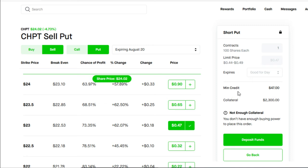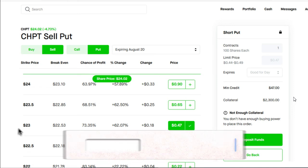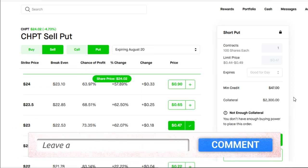So once again, with the cash secured put, it could go either of two ways. So if on August 20th, ChargePoint is trading at $23 or above, then you get to keep your $47 minimum credit, and you also get your collateral of $2,300 released back to you. Then the following week, you could perform a second cash secured put, and you keep going until you get assigned